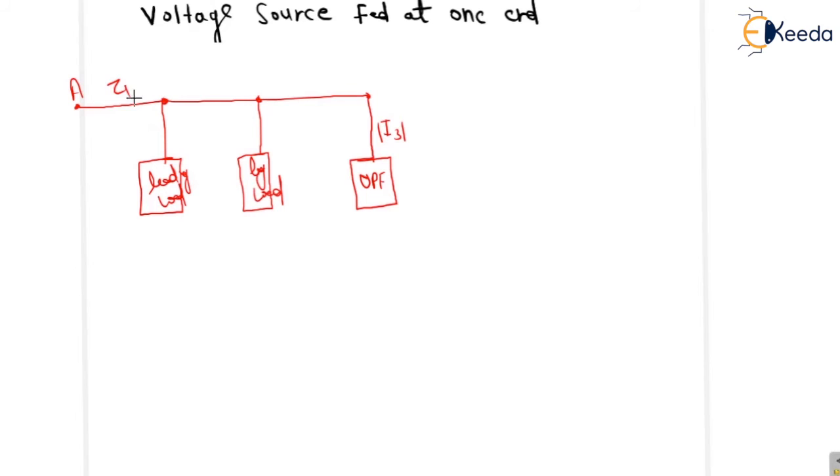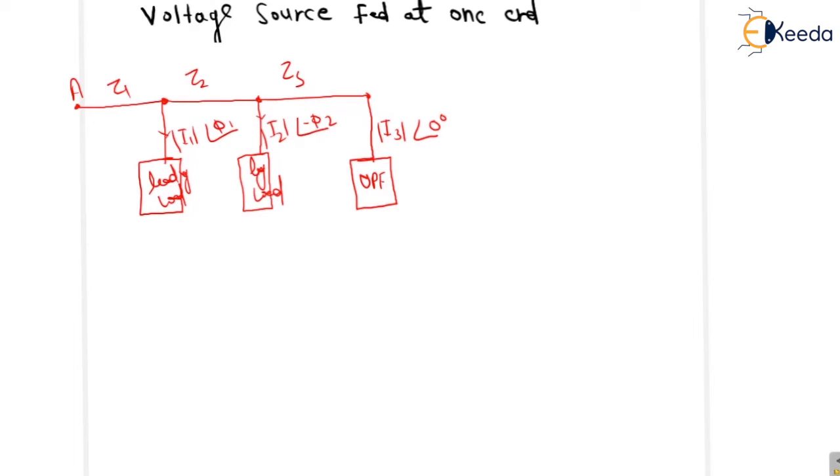This is Z1, this is Z2, this is Z3. This is AC. And this is I2 and this is I1. This is the magnitude. Let us assume V as the reference. So I3 will be equal to I3 at the angle of 0. I2 is lagging, so I2 at the angle of minus phi 2, and this is I1 at the angle of phi 1.